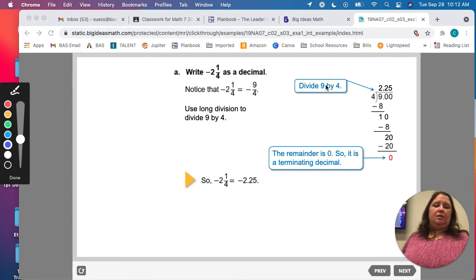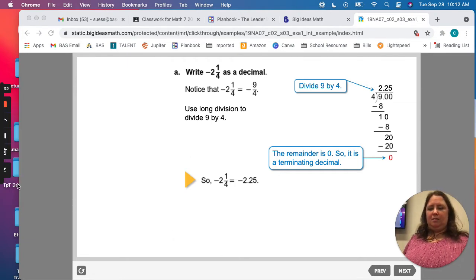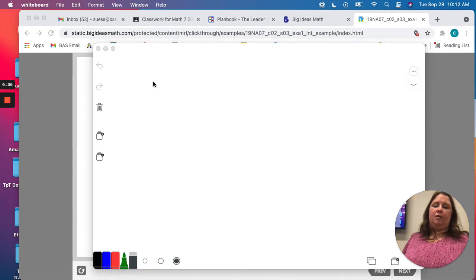Okay. So instead of doing a mixed number, or an improper number, we already know that it's negative. Ooh, negative 2, right? Because that whole number is still there. Oh, it went away. All right, let me get my whiteboard. Hold on. That's lame. I was all excited. All right, so again, we have negative